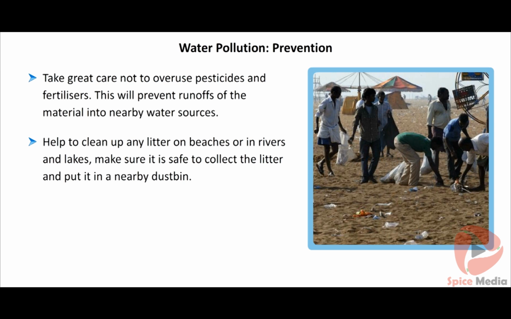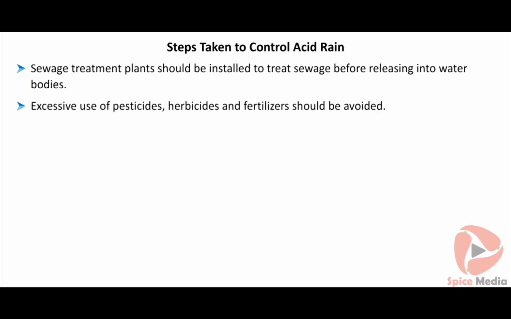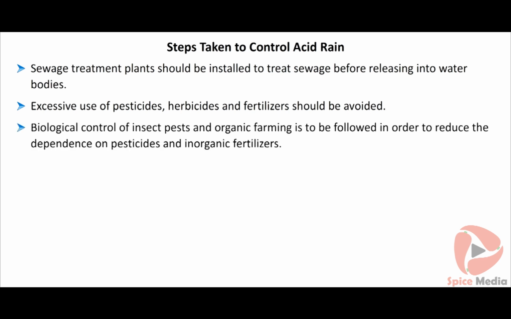Make sure it is safe to collect the litter and put it in a nearby dustbin. Sewage treatment plants should be installed to treat sewage before releasing into water bodies. Excessive use of pesticides, herbicides, and fertilizers should be avoided. Biological control of insect pests and organic farming is to be followed in order to reduce the dependence on pesticides